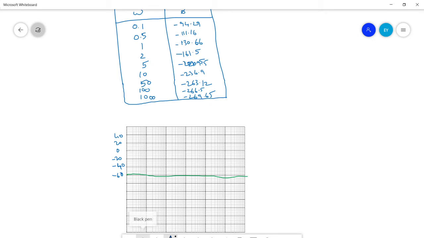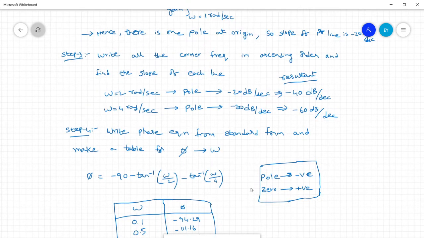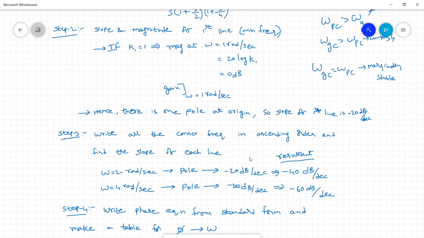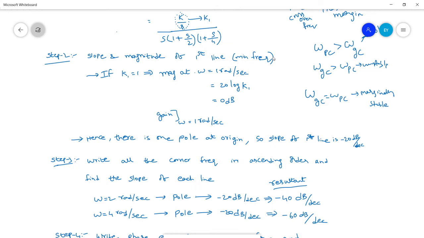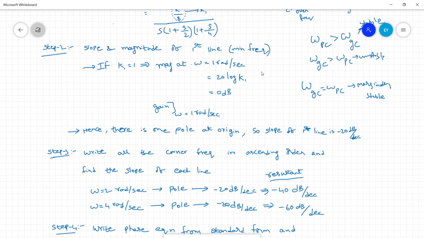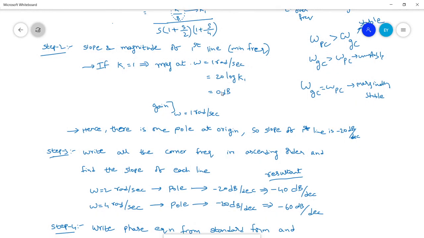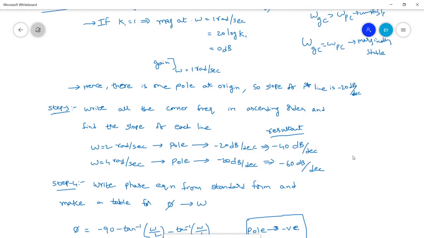The first line, where the first line is starting, we'll check where the first line is starting actually. The first step at 20 log k, 0 dB. Right? At omega is equal to 1, what we have is 0 dB. So actually in our plot,